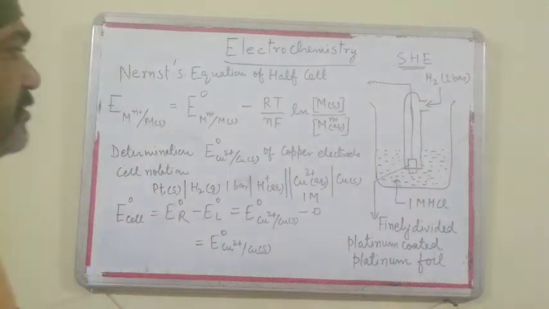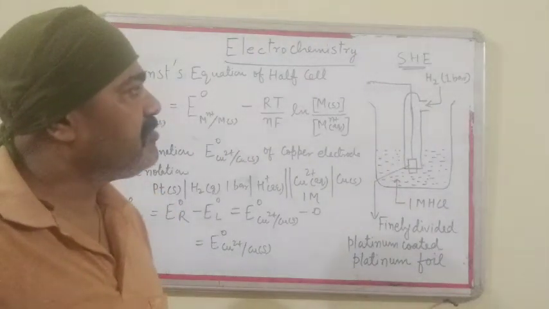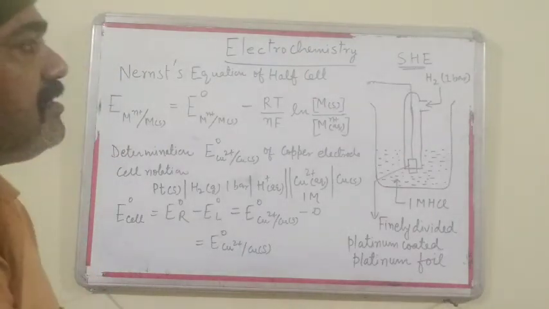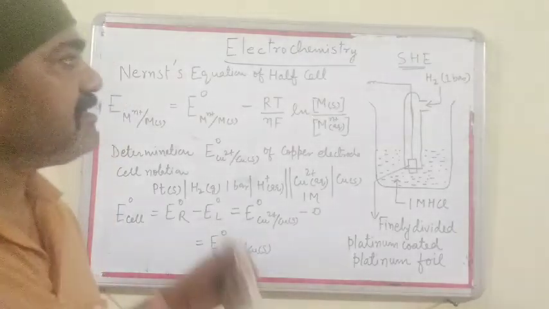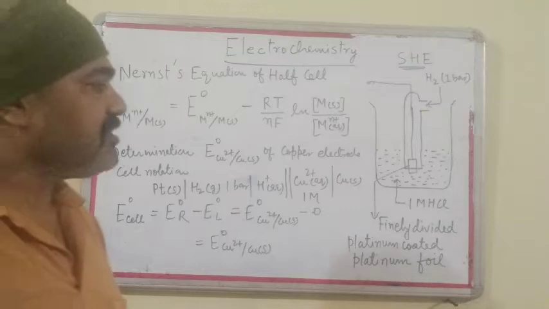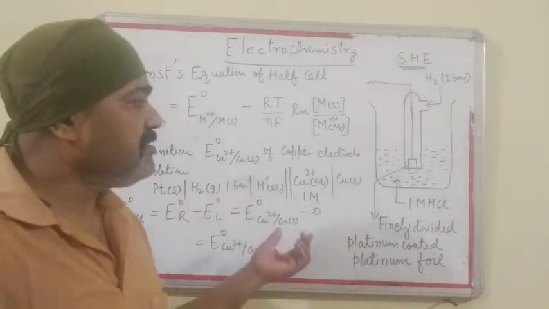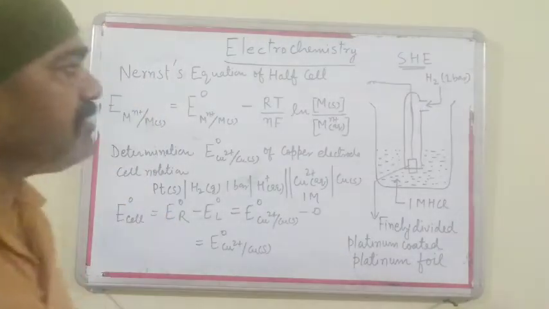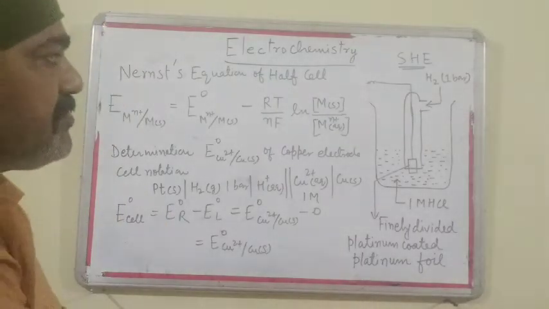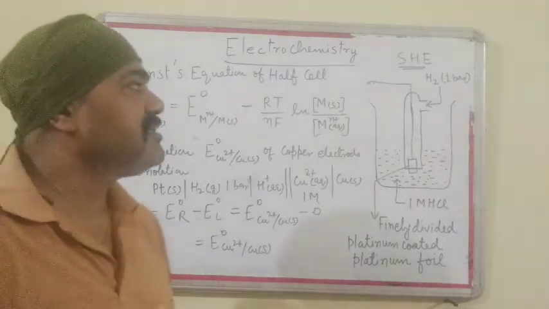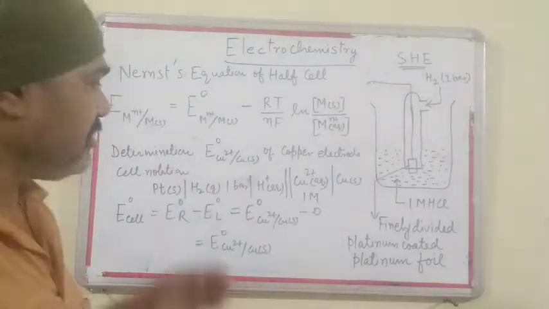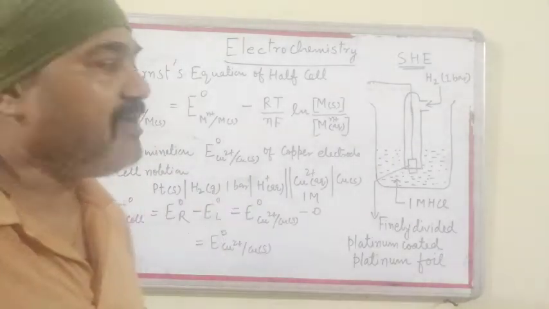Good morning, students. In the previous video, we studied the half cell, the electrode potential, and the standard electrode potential of the half cell. Now the question arises that when we use only one half cell, its electrode potential cannot be determined. So to find out the standard electrode potential of any half cell, for example the copper half cell, the zinc half cell, etc.,